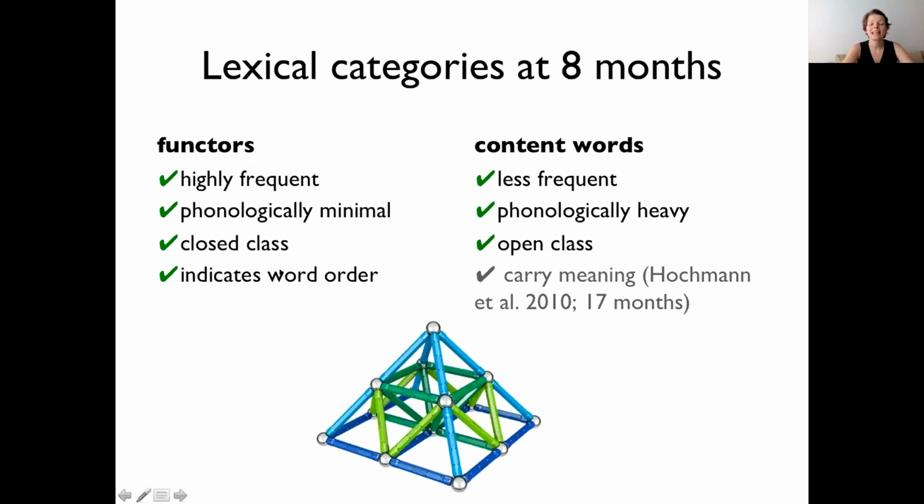So they arrive at the actual functional difference between the two. And I myself did not show you, and don't have evidence, that they use content words to attach meaning to, but this was actually tested, even if at 17 months, and this was shown. So indeed, they expect frequent words to be good labels for objects, but they don't like frequent words to be labels for objects. And so I'm going to take another 2-3 minutes